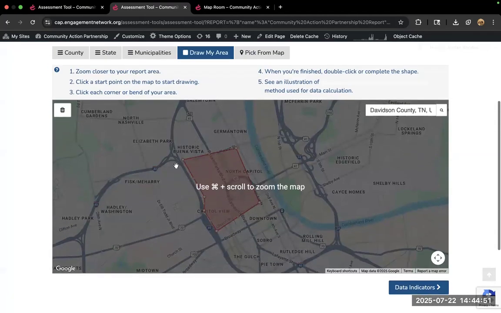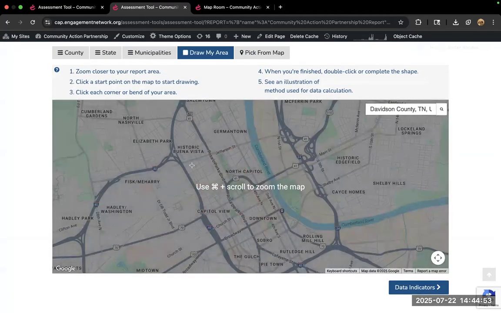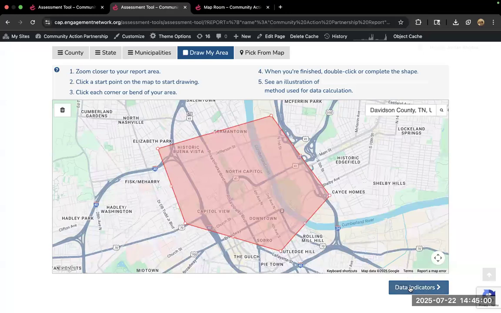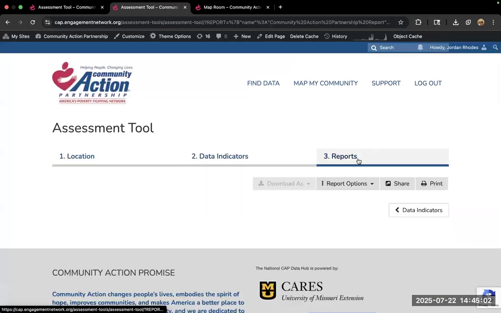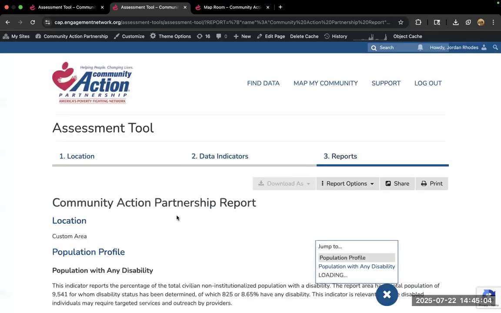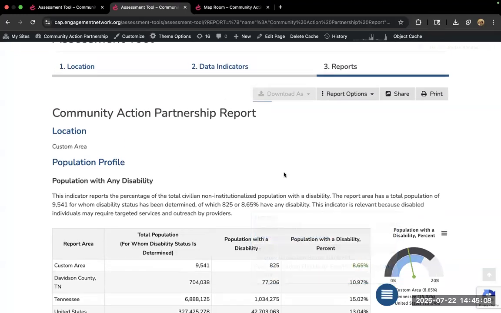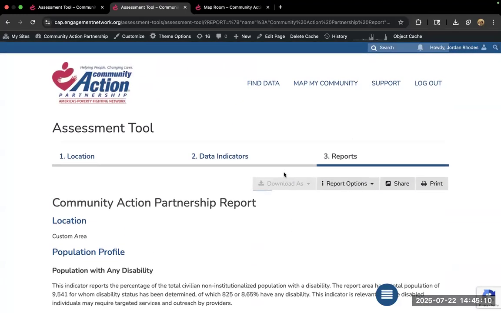Let's go back and see if maybe it just doesn't like what I drew, which shouldn't be the case, but take two. Other folks who are maybe playing along, what the heck? Okay, so know that every now and then the tool is temperamental.